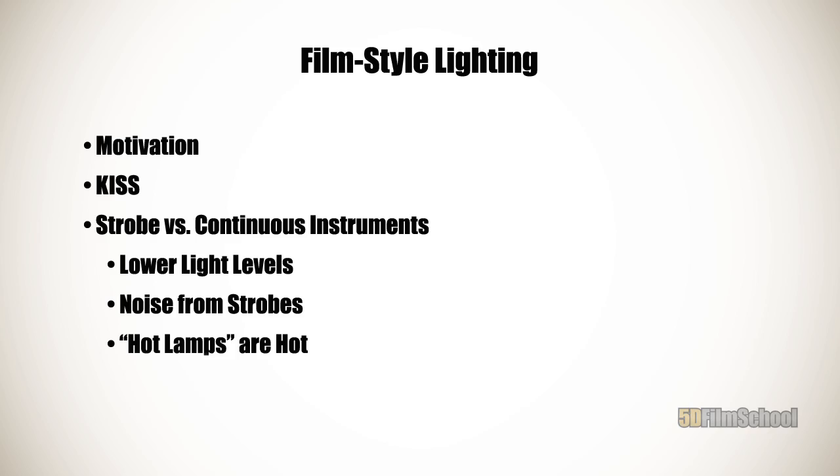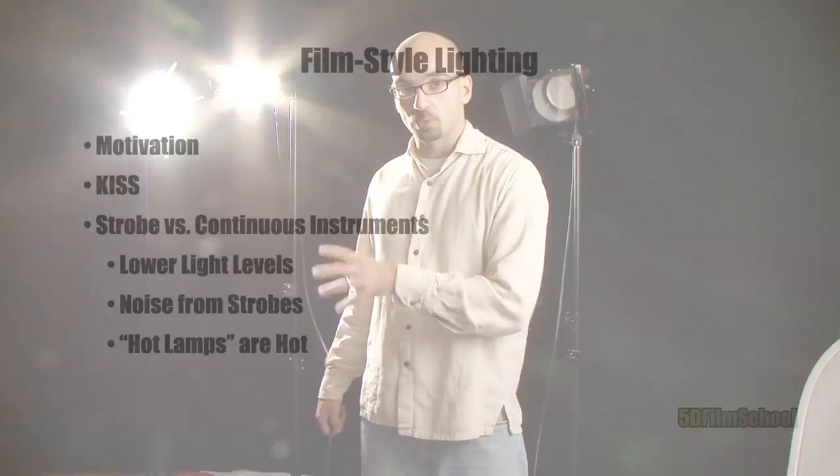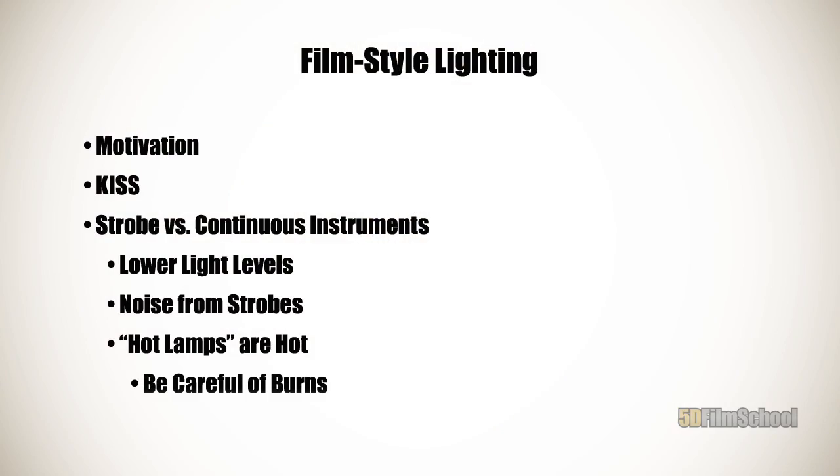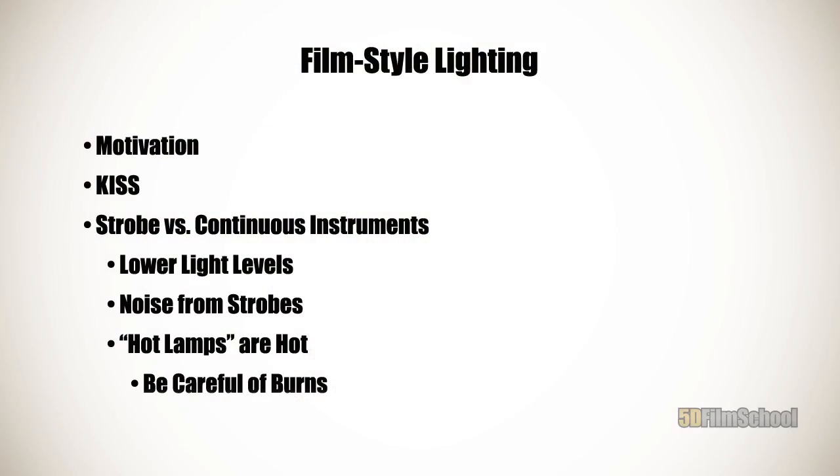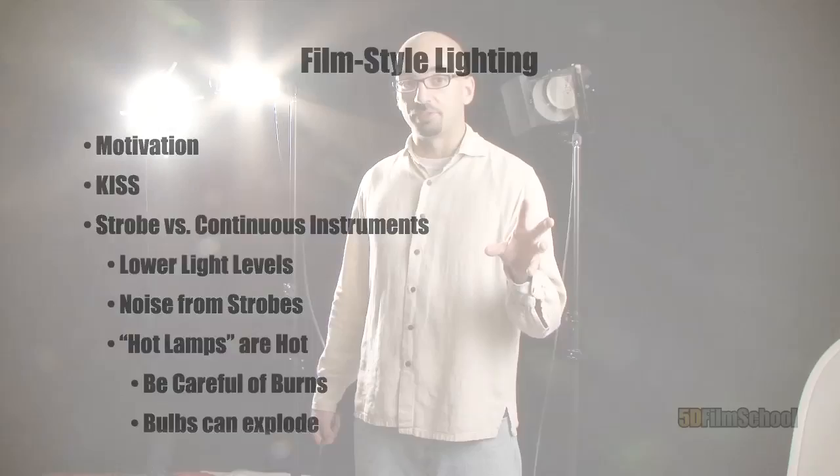Last but not least, let me mention that these things are called hot lamps for a reason. They're freaking hot. Not only do they put out a lot of heat, which can raise the temperature on your set to an uncomfortable degree, pun intended, but they can also be a liability issue. On a lamp like this, the bulb, of course, is extremely hot, but the casing gets hot too, and it's very easy for someone to burn themselves on it. Now, the worst thing about these kind of lights is that the bulbs can pop quite easily. And when I say pop, I mean explode and throw shards of very hot glass surprisingly far.